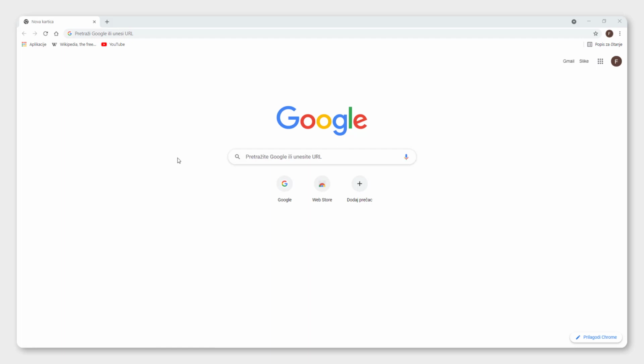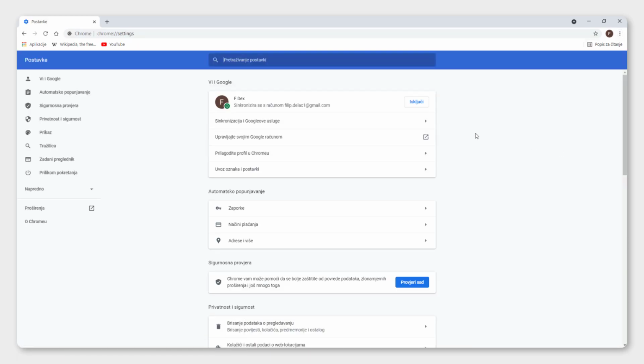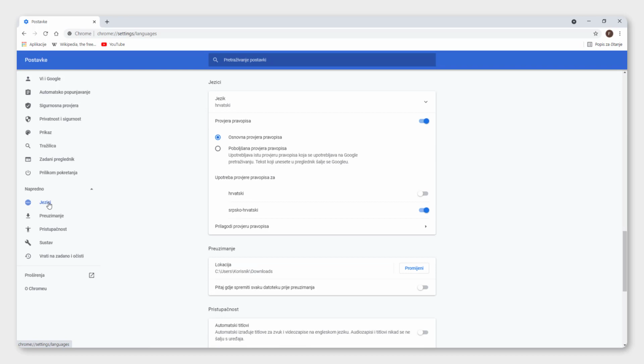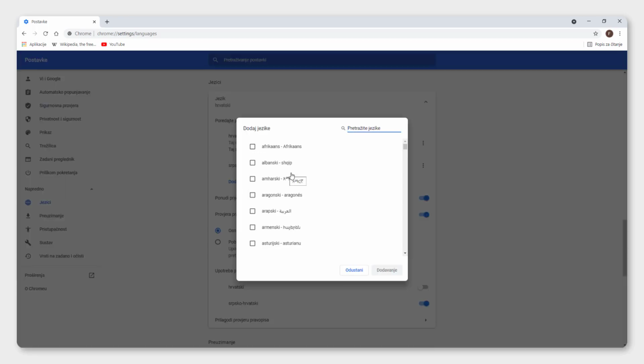your Google Chrome. To do that, click on these three little dots up here and choose this third from the bottom section, this option. And over here, expand this until you see this globe icon on the left side. It will be languages. And over here we can see the language, it's Croatian, so we will just drop down and click the blue link to add another language and type in English